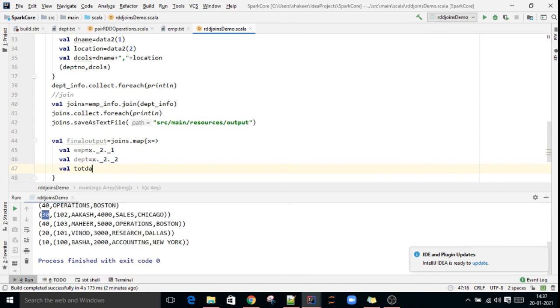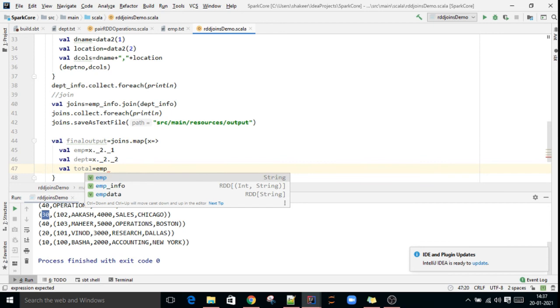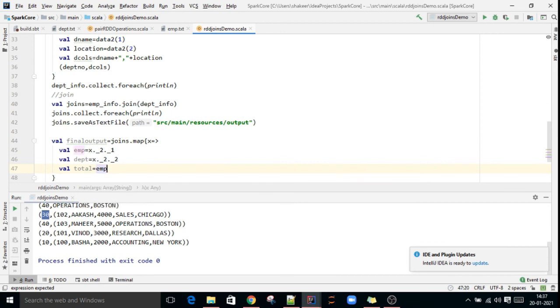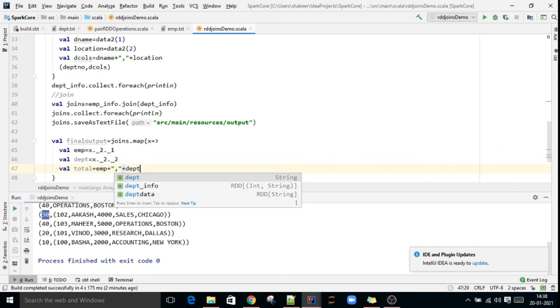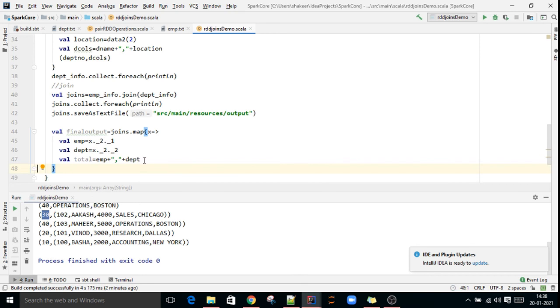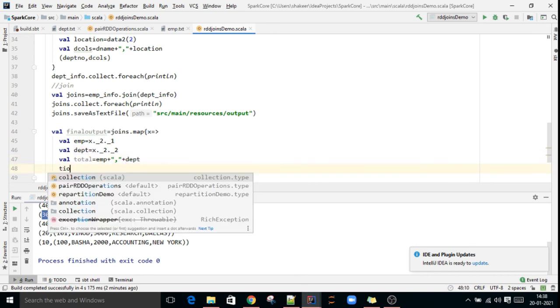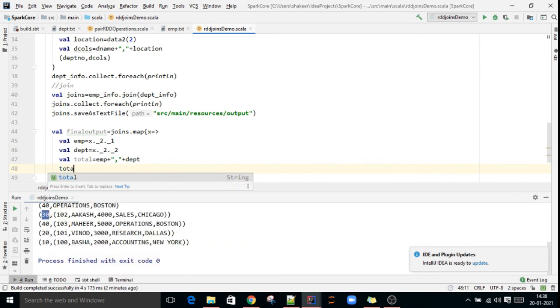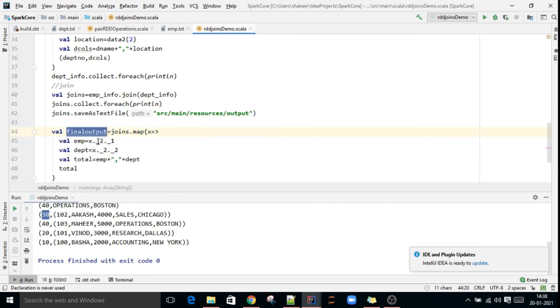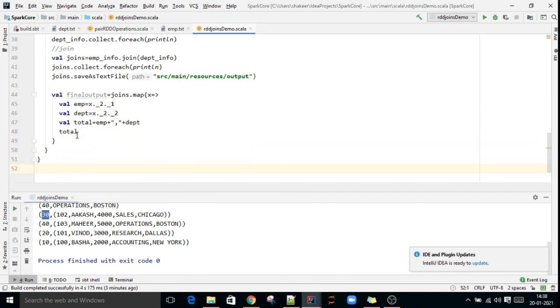Now val total equal to emp plus dept, then you have to return total. Then we'll store this final output as a file.